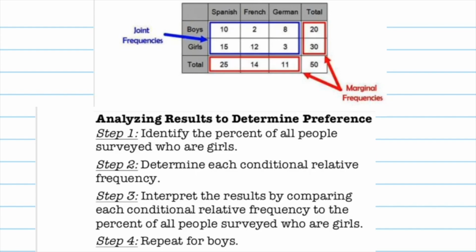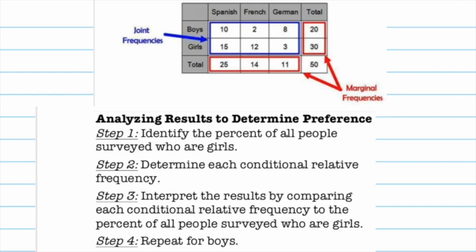All right, so analyzing results to determine the preference. So step 1, you want to identify the percent of all the people surveyed who are girls. Step 2, determine each conditional relative frequency. Step 3, interpret the results by comparing each conditional relative frequency to the percent of all the people surveyed who are girls, and then repeat for boys. So if you were doing the girls category, it would be 15 out of 25. So you would do 15 divided by 25 and get that percentage, and then do 12 out of 14 and get that percentage, 3 out of 11 and get that percentage, and then you would want to go across and